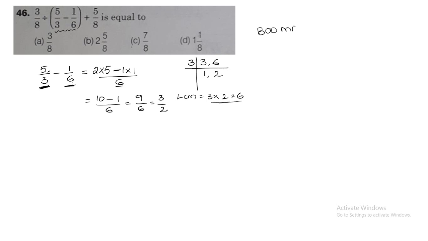So write down, then you can easily understand. First a bracket is there. So we have solved the bracket. What is the value we got? 3 by 2. And after that, what do we have? Next here, if you observe this symbol, it is divided by. Next comes divided by, and finally comes addition. So first we will be doing division. So what are the values? So 3 by 8 divided by 3 by 2.